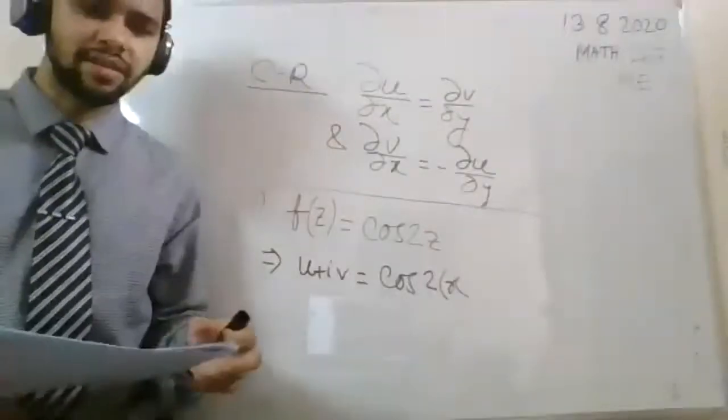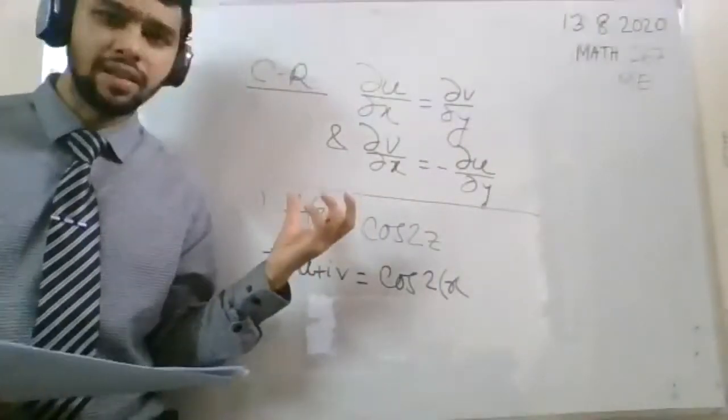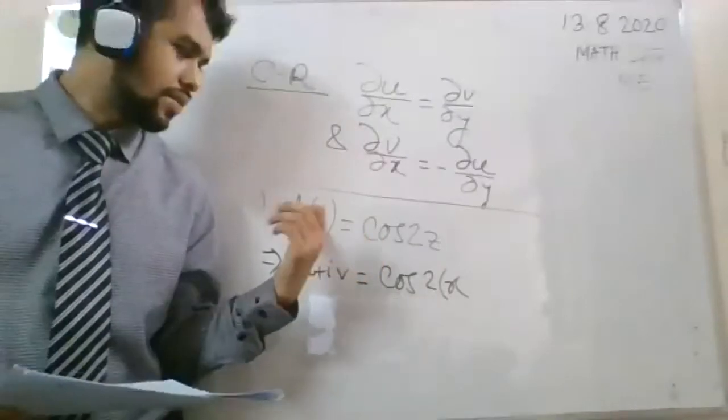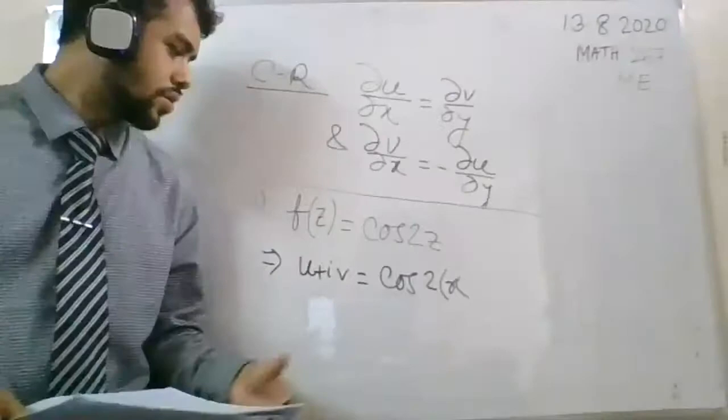Let analytic function proof করার জন্য কিংবা for solving Cauchy-Riemann equation, you have to always let f(z) is equal to